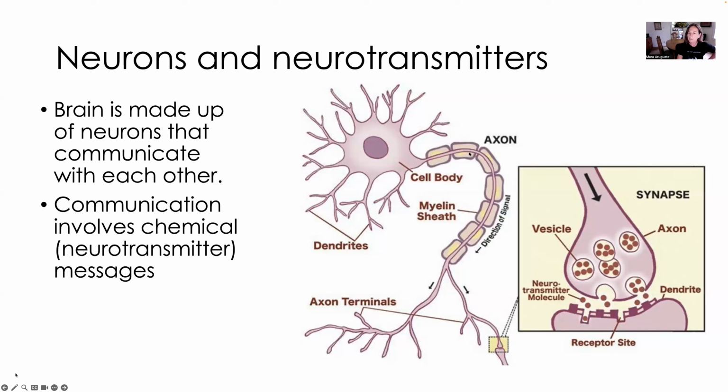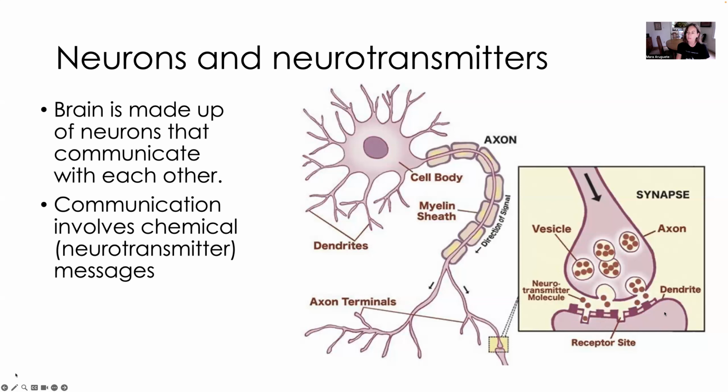Initially, the axon is going to send, you can see it says direction of signal, an electrical signal down here, and that's what these arrows represent. When that electricity gets to the bottom here, it causes these little bubbles that we call vesicles to fuse with the edge of the neuron, or the membrane, and spill out. Now, inside of those vesicles are neurotransmitter molecules. These are these chemicals, right? Now, on the dendrite of the other neuron, there are what we call receptor sites. And those receptors are going to pick up those